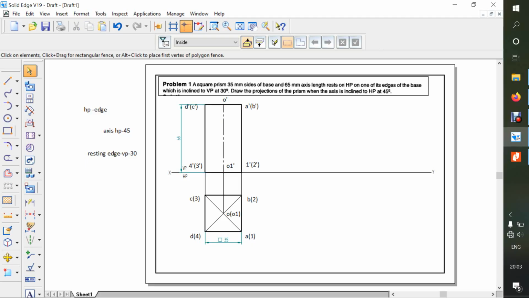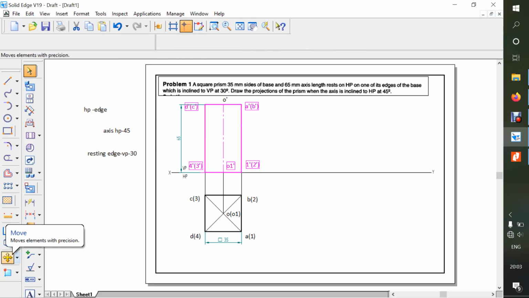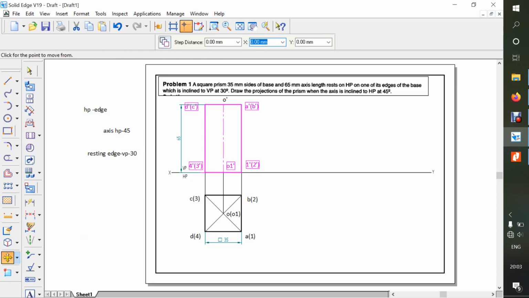Now in the computer sketching, it's simple. You just select this whole square and go to the move command. Here you can see there is a move command. Once you select it, this window will appear. If you click here, move copy, the distance and all will show. If you click here, the background will change. First it was blank and now it is a little bit yellow.